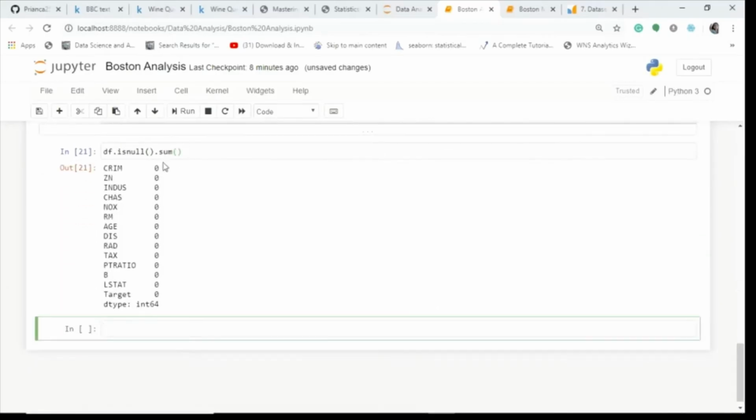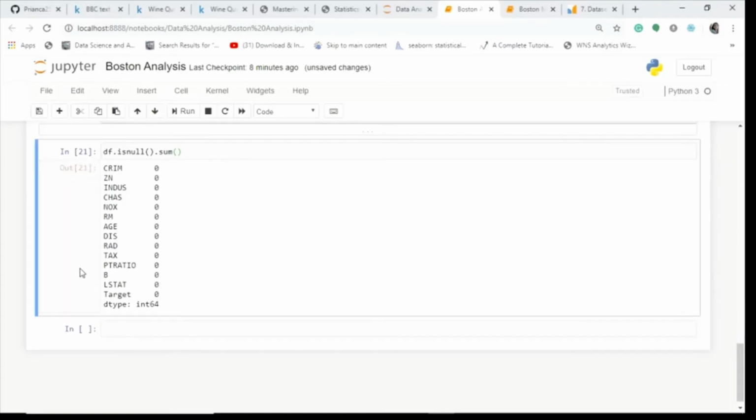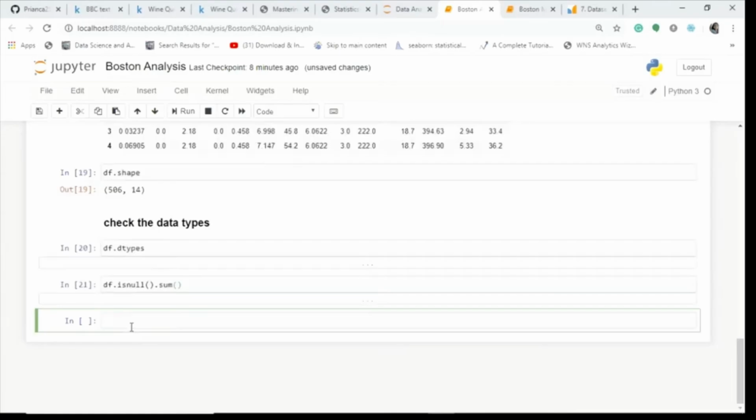See, no null values. What happens if there is a null value? Suppose there are like 2 or 3 here, so we have to replace that null value, because if we continue with that, we are likely to get an error and our algorithm will not accept this data. So we see that there's no null value, which is good. That means we don't have to fill these values. Okay, next we go to